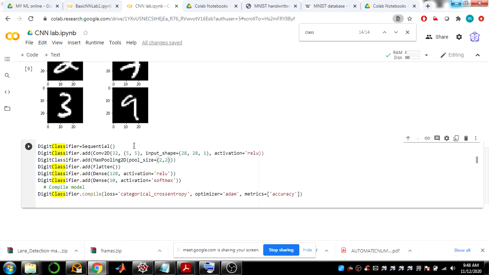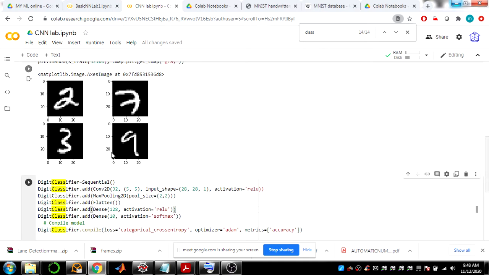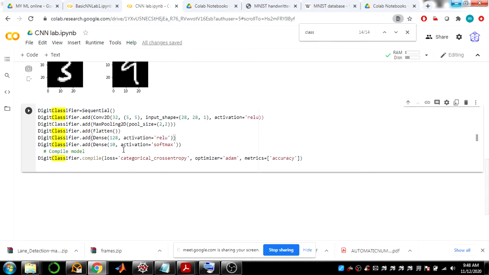Then you apply the flatten layer. Then you create a hidden layer by using the dense method, so 128 hidden neurons will be there, and the activation function is ReLU. Then the final layer with 10 outputs, because we can expect any one of the digits 0 to 9 as the outcome. So we have 10 possible outcomes.